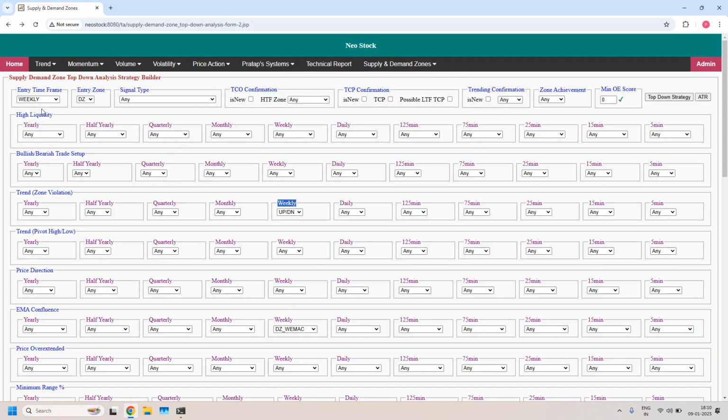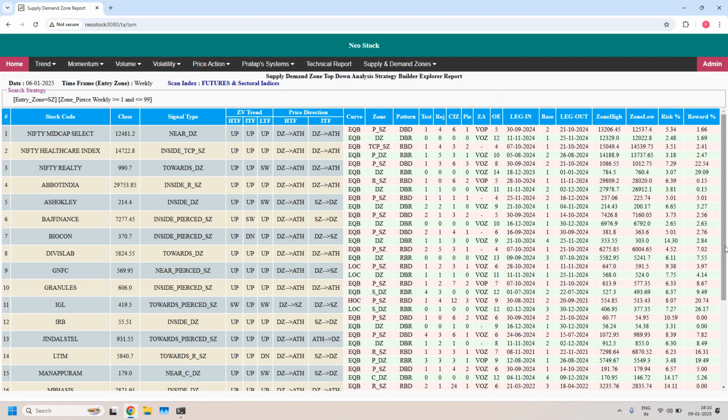Next, weekly time frame, I am setting supply zone, removing this trend and EMA Confluence. Now only pierced count. Already we set pierced count 0 to 99. For that, weekly supply zones we are applying. And we got total 23 stocks. So 23 supply zones